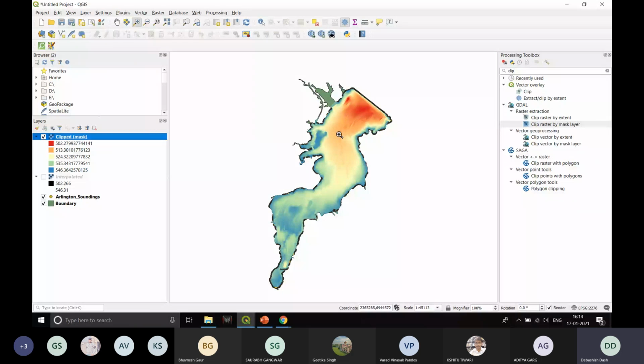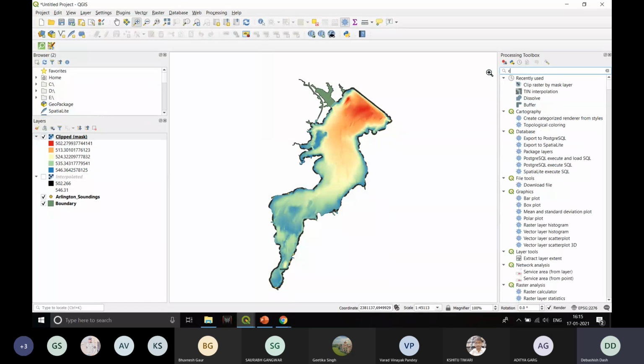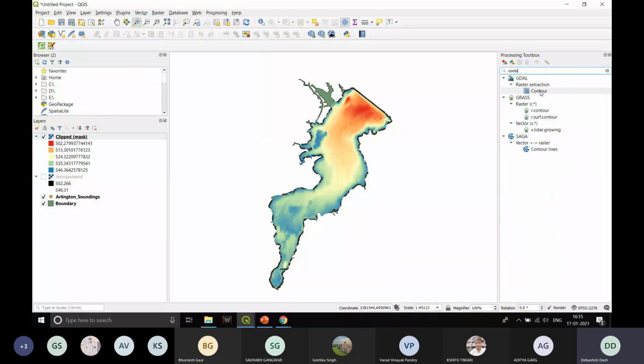Now you can obtain a contour map from it as well. I think everybody knows what a contour map is. Contour maps are basically lines on a map which connect all the points having the same elevation. So I can also create a contour map out of it. All I need to do is type contour over here, and you have an option called contour.